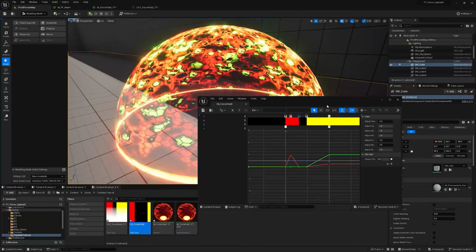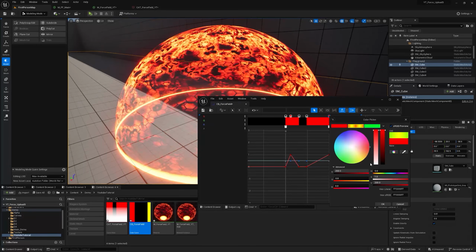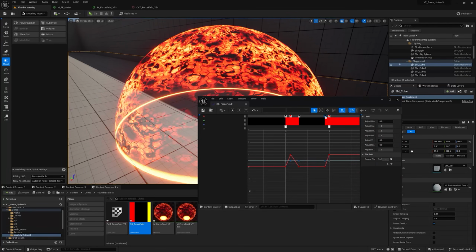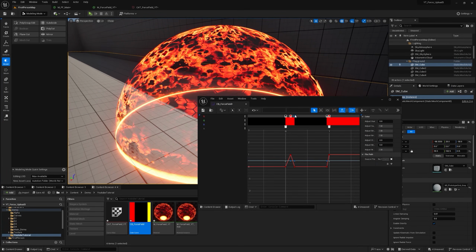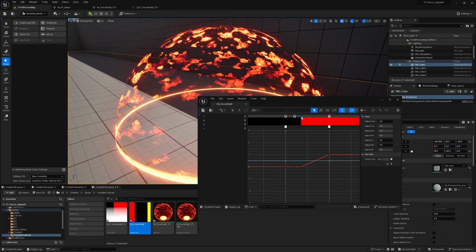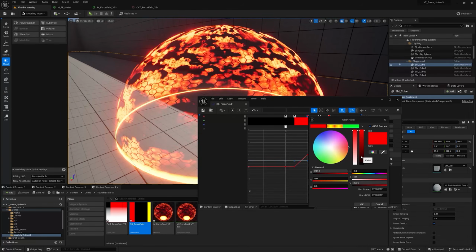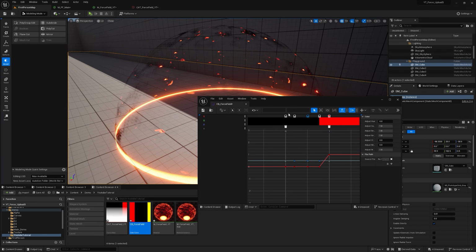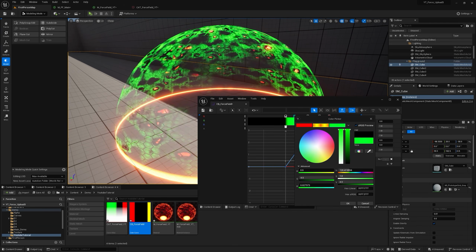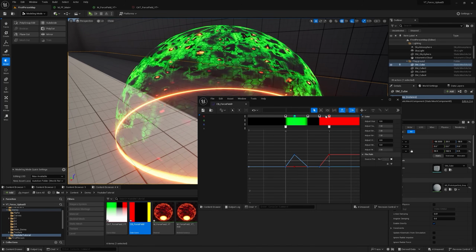So here you can see that the white portion has this really bright orange color. So if I move this closer and move the black one closer and delete this, the black will be black and the really bright portions will have the red color. So if I move this around like this, and if I add black here or a red and change that to black, and if I get a green here, you can see that the really bright portions have this red color